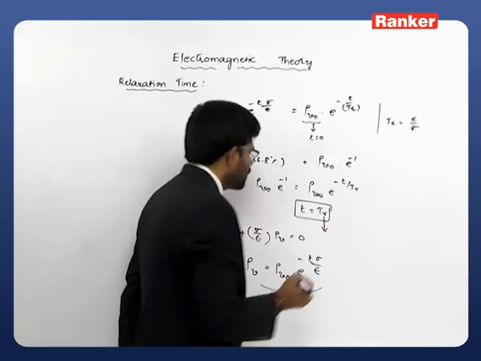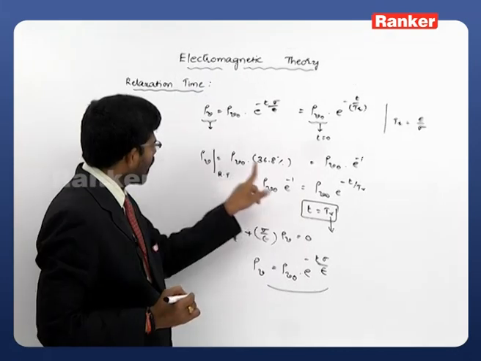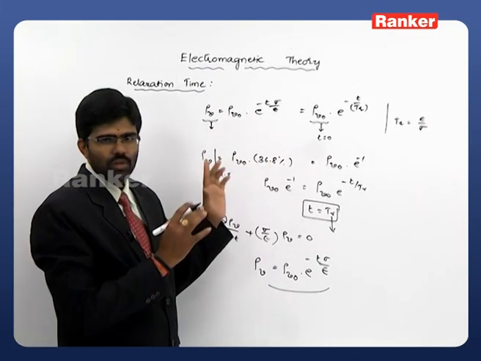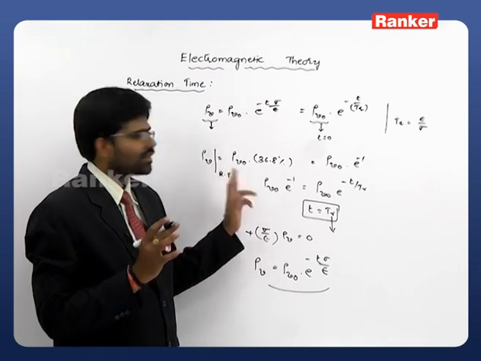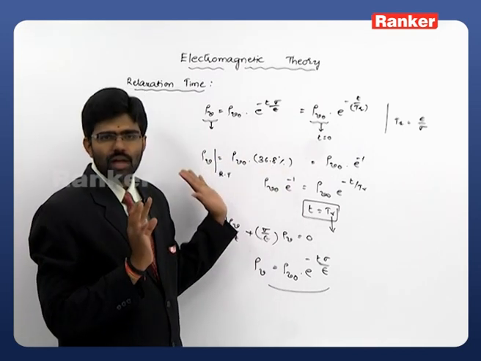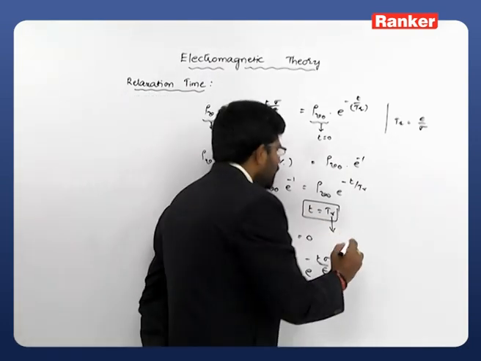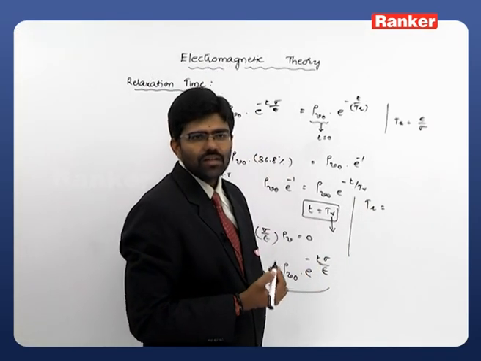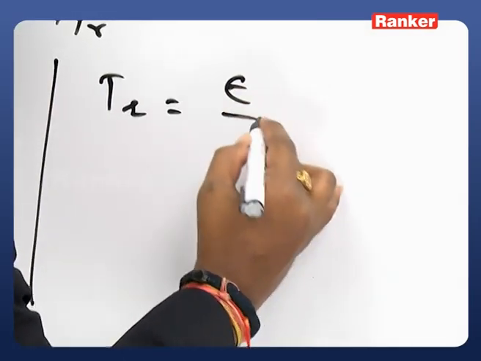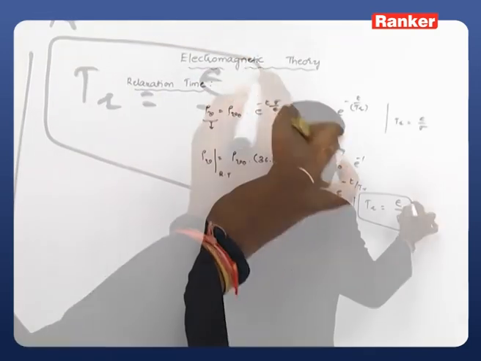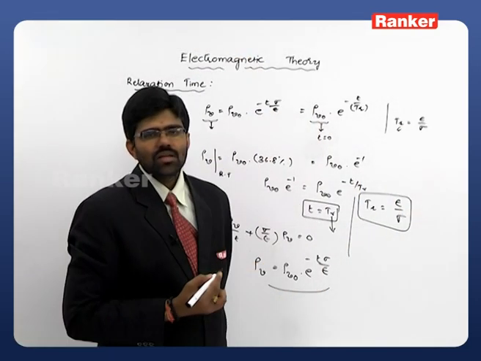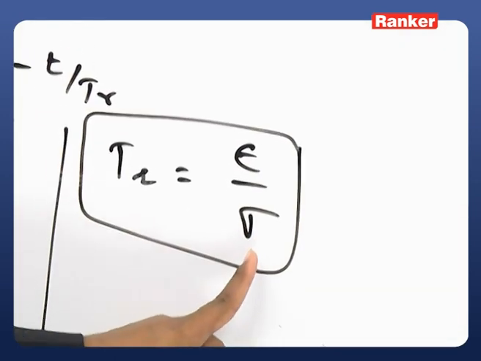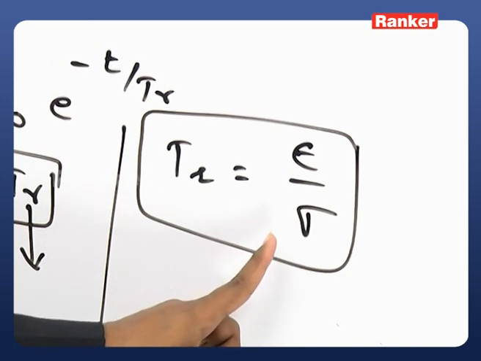That tr is nothing but the time where the initial charge density was reduced to 36.8% of the original value. The charge density will be reduced to 36.8% of the original value. So here clearly the expression for this tr, now definitely we will call this tr the relaxation time. So tr is equal to epsilon by sigma. So the notation we took as tr is the most suitable one. So tr equal to epsilon by sigma is called the relaxation time, and after that time the total